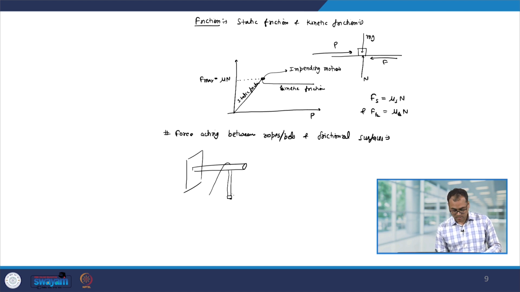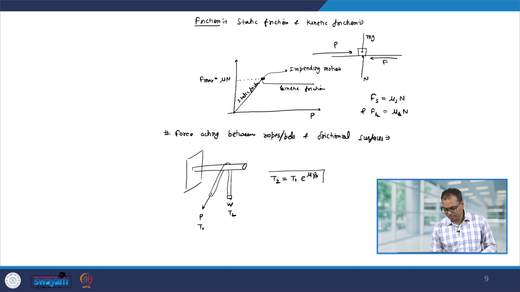Let us say you have a weight W which is suspended like this and it is held by a force P. Okay. So, let us say this is T1 and this is T2, then we got T2 equal to T1 e to the power mu beta, where T2 is larger than T1 and beta is the angle in radian